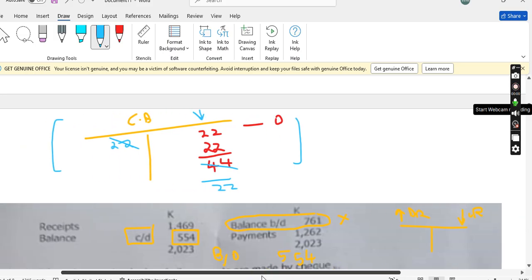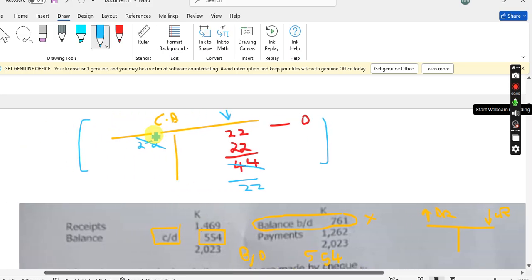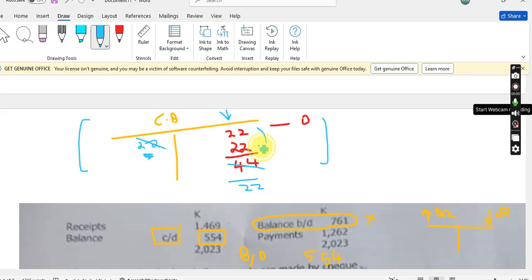Okay, so to remove this amount from the debit side, you need to credit the cash book with double the amount, so that you can get rid of this 22 here and remain with a 22 here. You're trying to move this 22 from here to this next side. So you have to double the amount. So if you credit the cash book 44 kwacha,